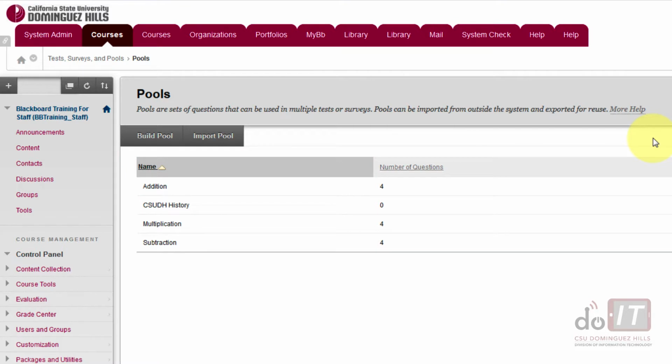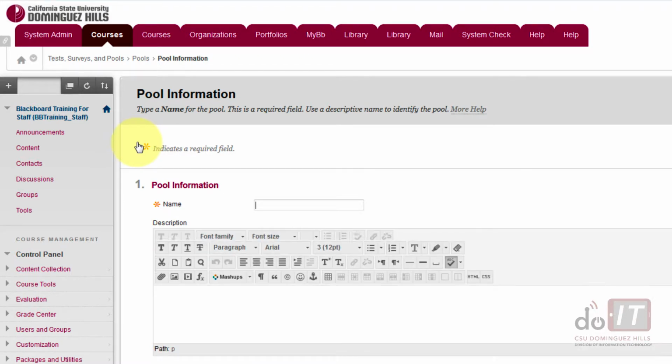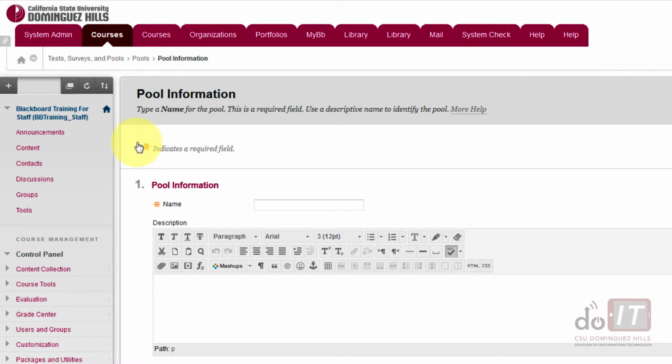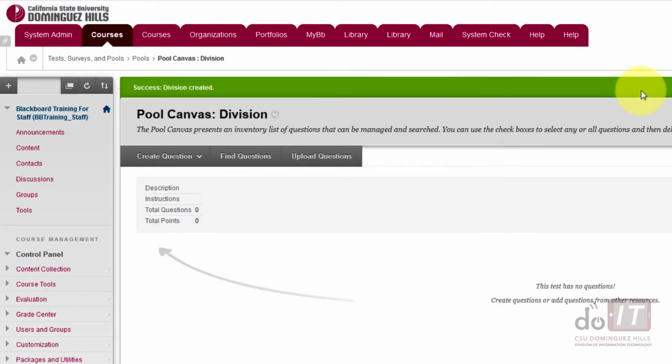Now in order to create a pool, all you need to do is click on Build Pool on the upper left section of this page here. So I'll go ahead and click on Build Pool, and let's say I'm going to go ahead and create a pool for simple division questions. So let me just go ahead and call this division questions or division. And then I just pressed enter, or you can click on return and then it'll take you to this